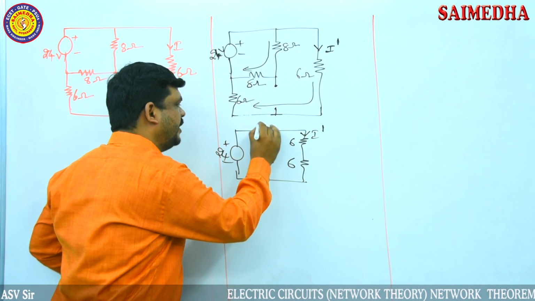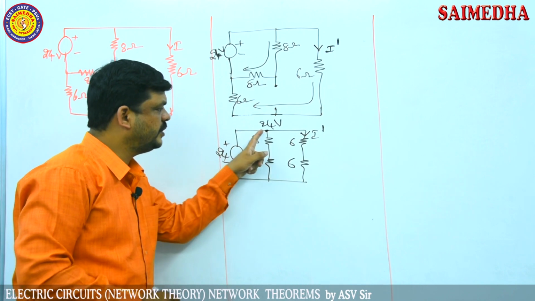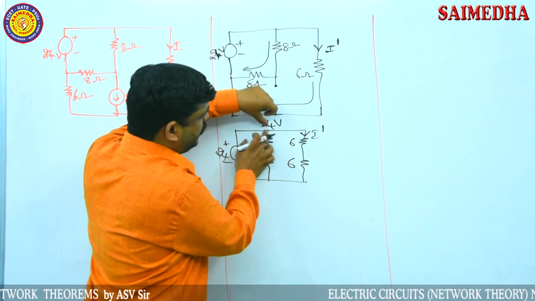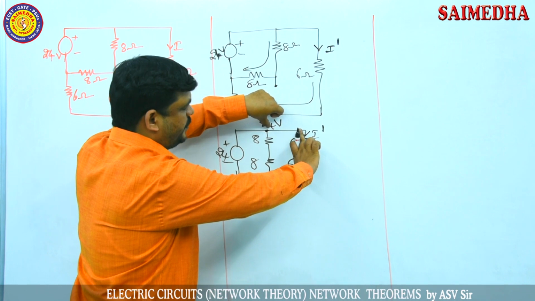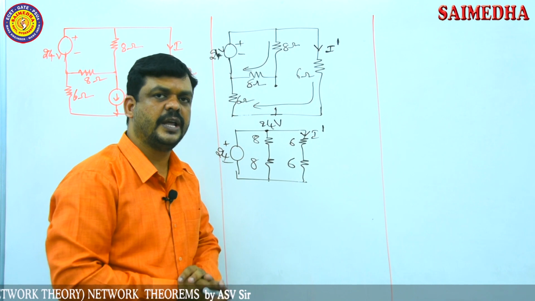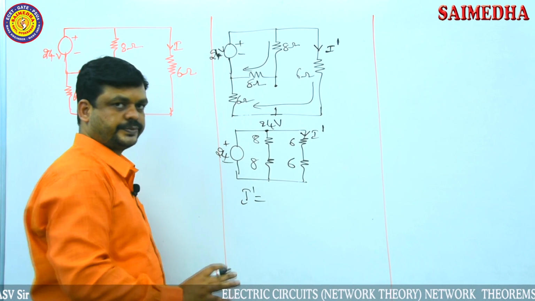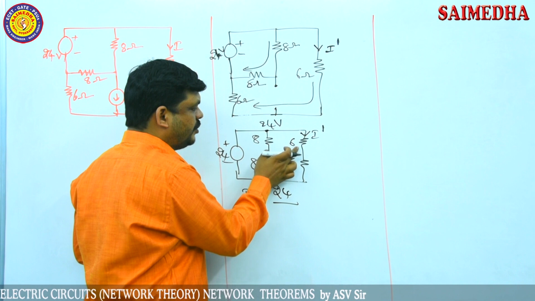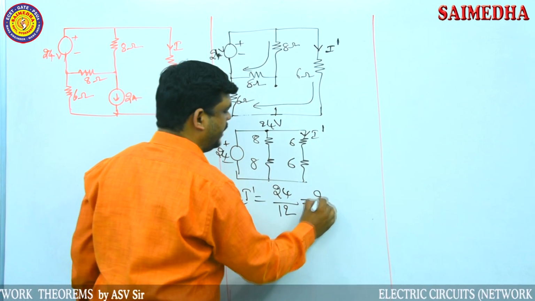So exactly at this point it gives one voltage, that voltage is 24 volts. So 24 volts is directly connected to this point. Then we want I dash. This 24 volts is connected to this 6 ohms resistor and 6 ohms resistor. So the voltage across these 2 points and the voltage across these 2 points should be the same, because both the elements are connected in parallel combination. Now I am writing directly I dash is equal to total voltage by total resistance. 6 ohms and 6 ohms connected in series give a total resistance of 12 ohms,